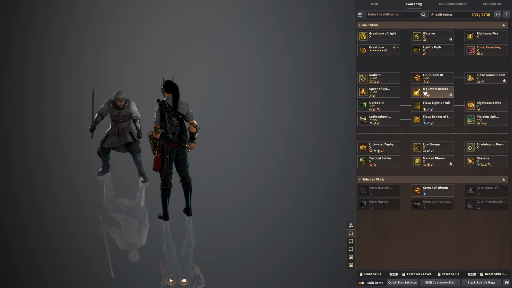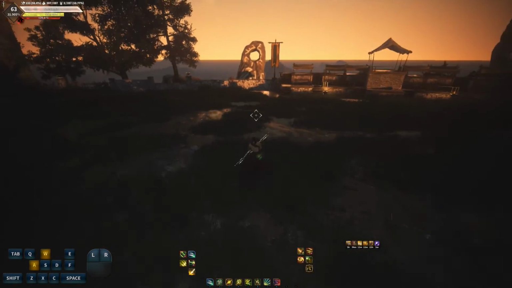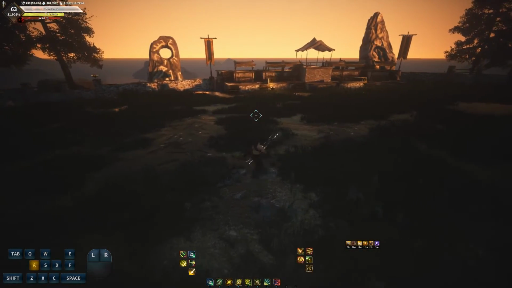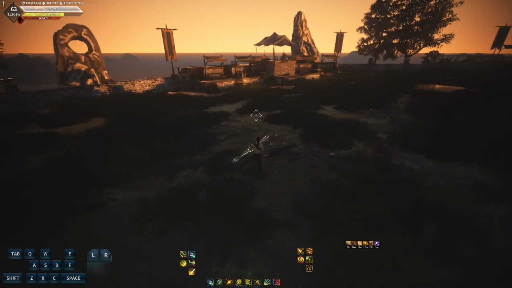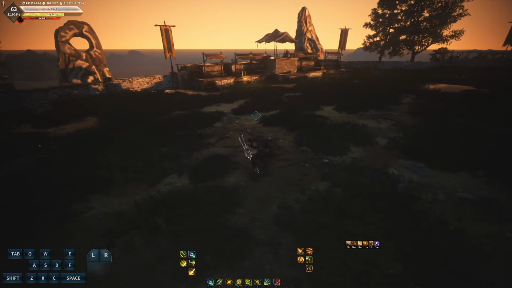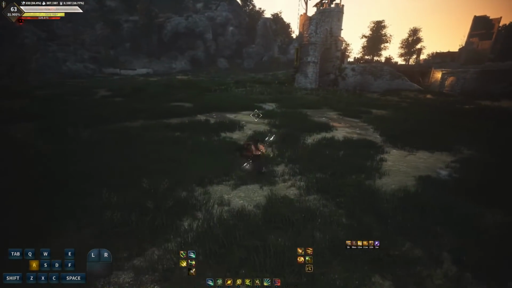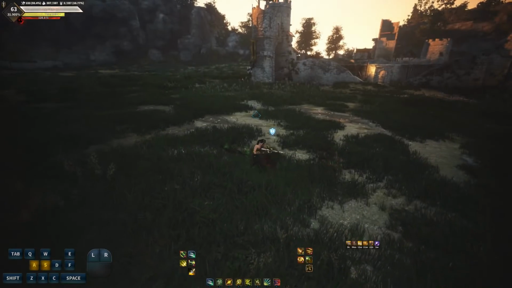This is the skill mountain breeze. It has a long, 8-second cooldown, but it's one of your really good animation iframes, and it has a movement touch into it. This skill is really good when it comes to iframe.